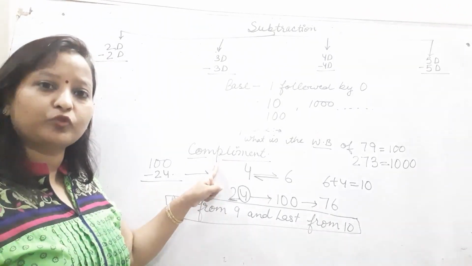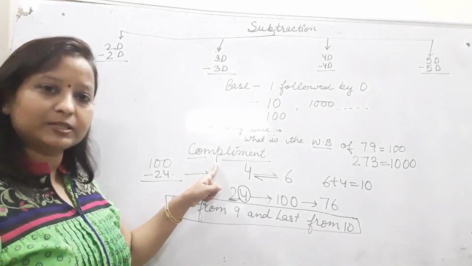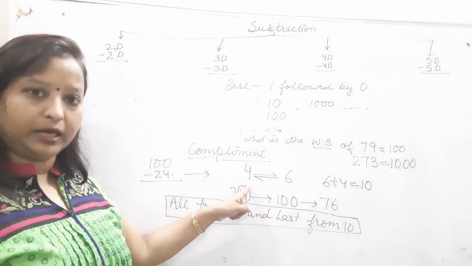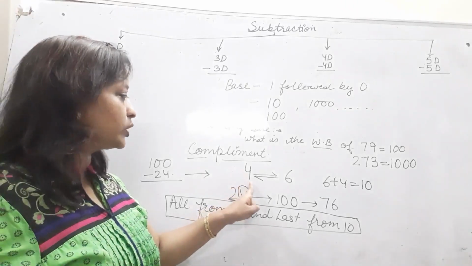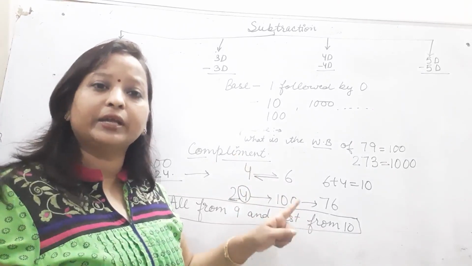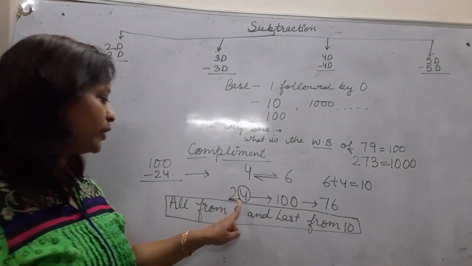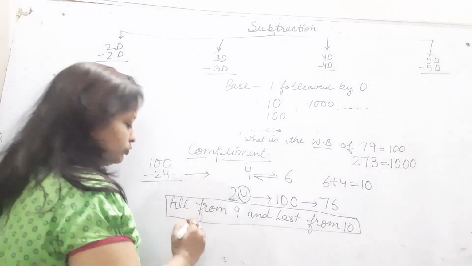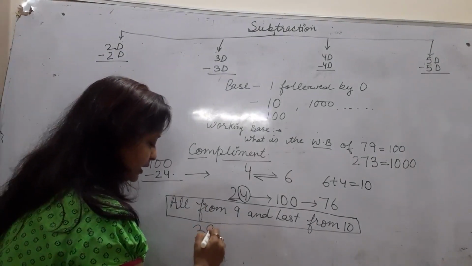There are 2-3 different questions of this topic. I will explain in second video. Complement means directly. Here we are talking about direct. 4 का complement क्या होगा? 6, because we will take the complement from nearest base, that is 10. 24 का complement 76. Now you can write the complement of any number, 39.